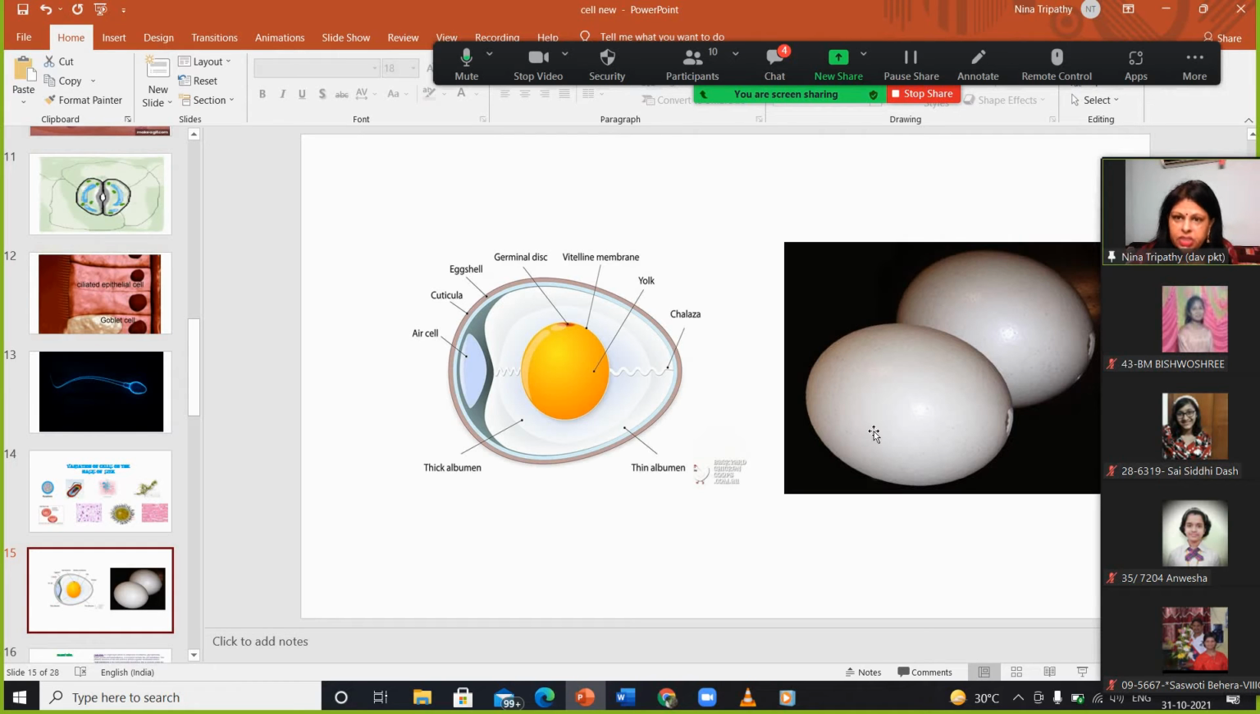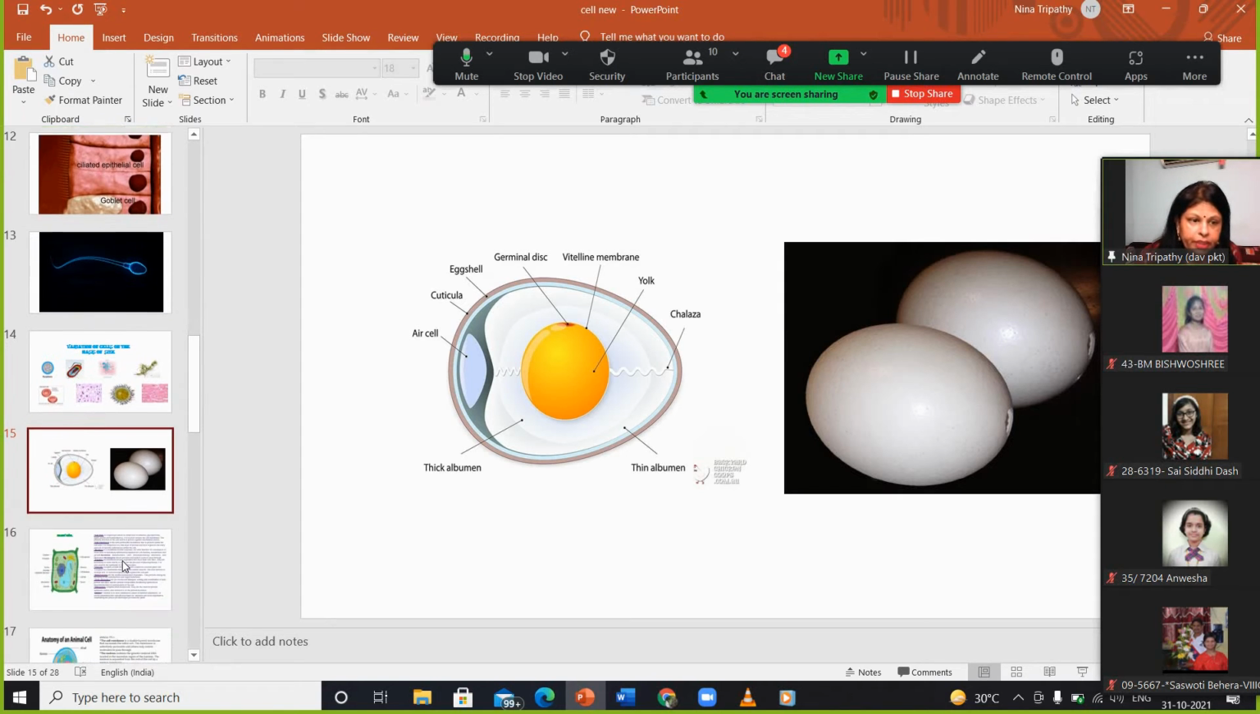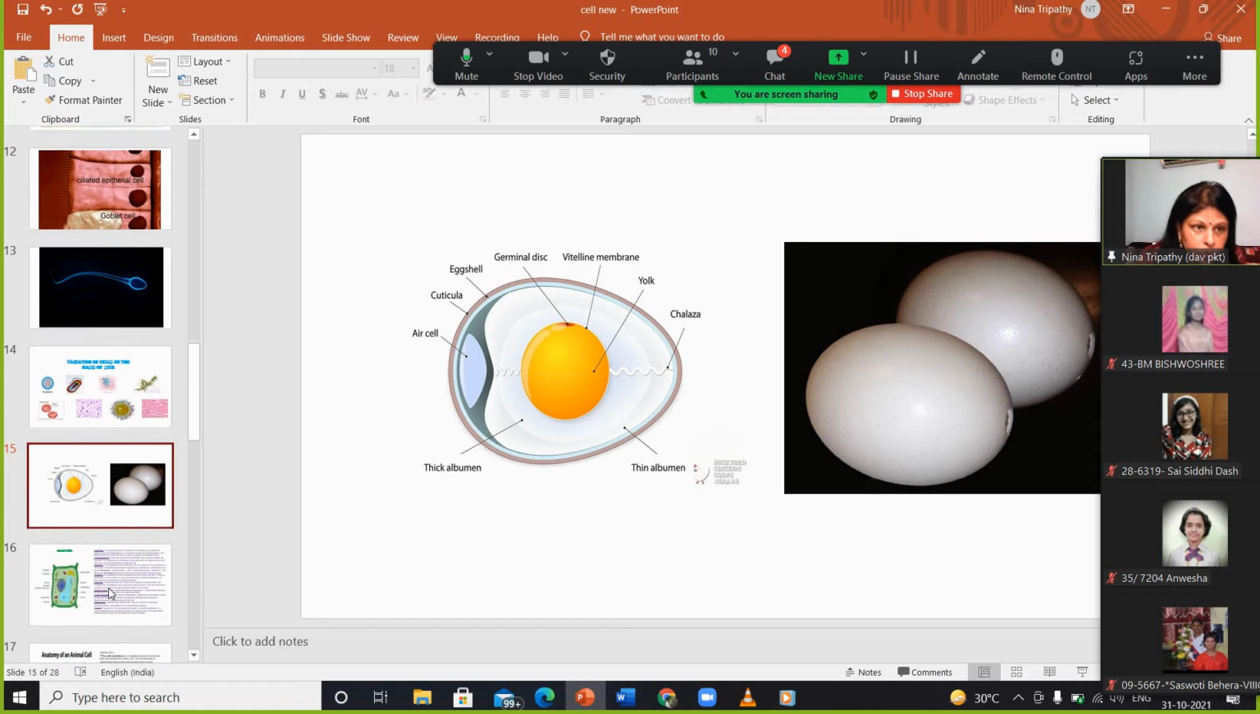Okay, the right one is the ostrich egg and the left one is the hen's egg. The ostrich egg has the bigger size. The hen egg we have seen. This is the hen egg and different parts are also labeled there. Okay, then the next one will go to the